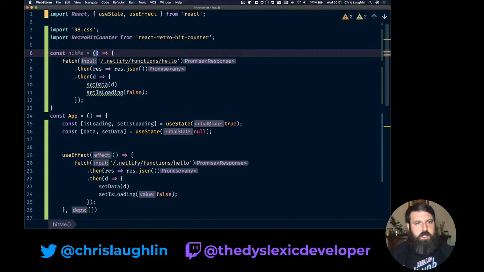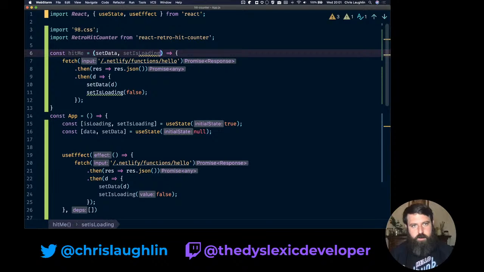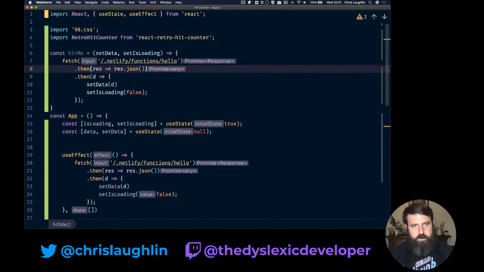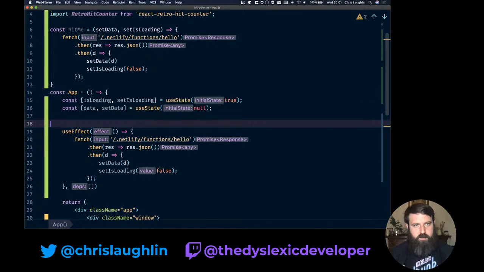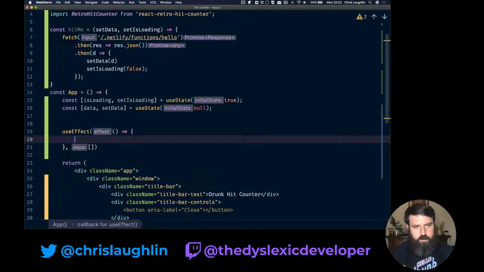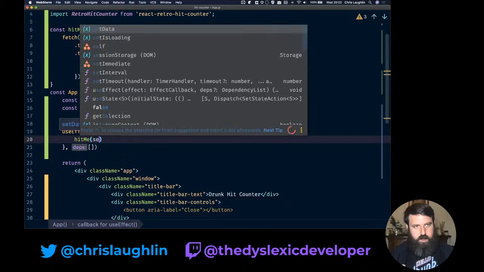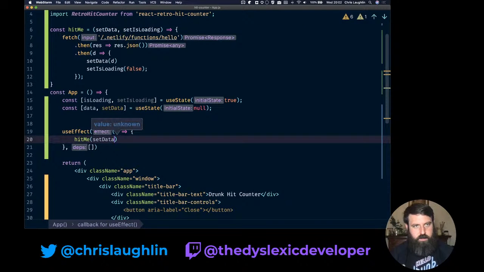So we need our set data function reference, and our set is loading. So now we can replace this with hit me and set data, set is loading,